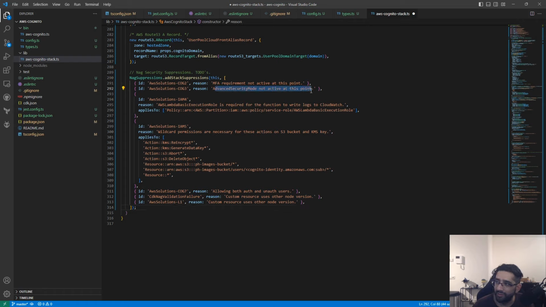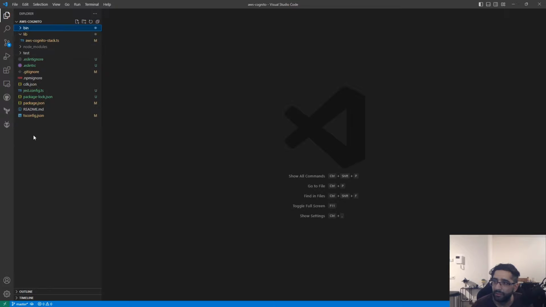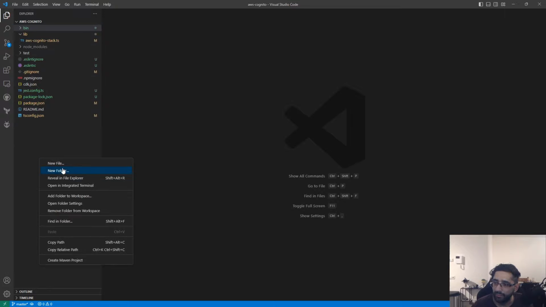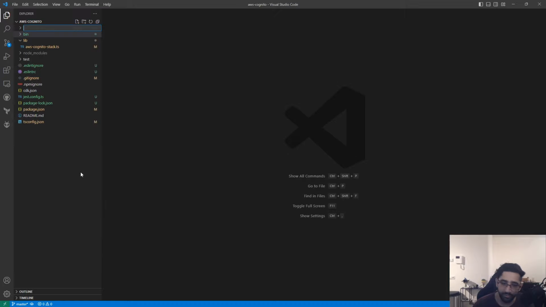We have the lib and the config. Let's close these off. Then we do need to create another folder. I'm going to call it source. In that folder, I'll create index.js,